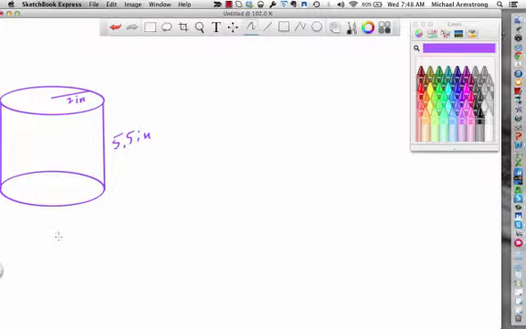So we want to just figure out the surface area of the whole can, or it could be that we would just want to find out the area of the paper label that goes around it, which looks like something we could do. But if we want the surface area, we're going to find 2 times pi r squared. That gets us the top, which is pi r squared times 2, the top and the bottom. And then we're going to do plus